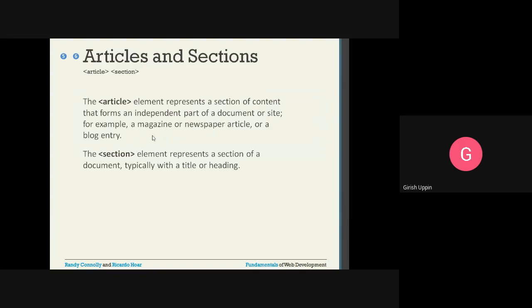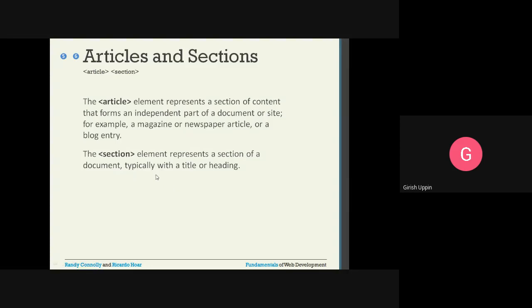Then articles and sections. The article element represents a section of content that forms an independent part of a document or a site, for example a magazine or newspaper article or a blog entry. That is why I gave the example of the newspaper, where each of the stories you can call an article, right? To understand the section element: it represents a section of a document, typically with a title or a heading.